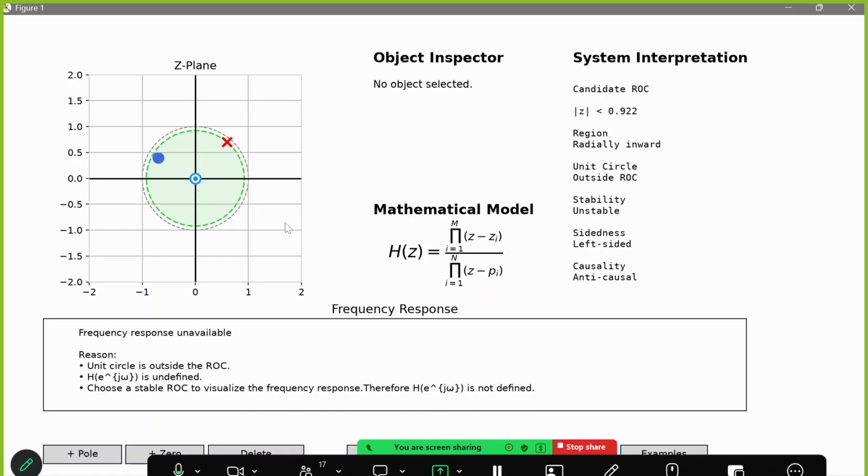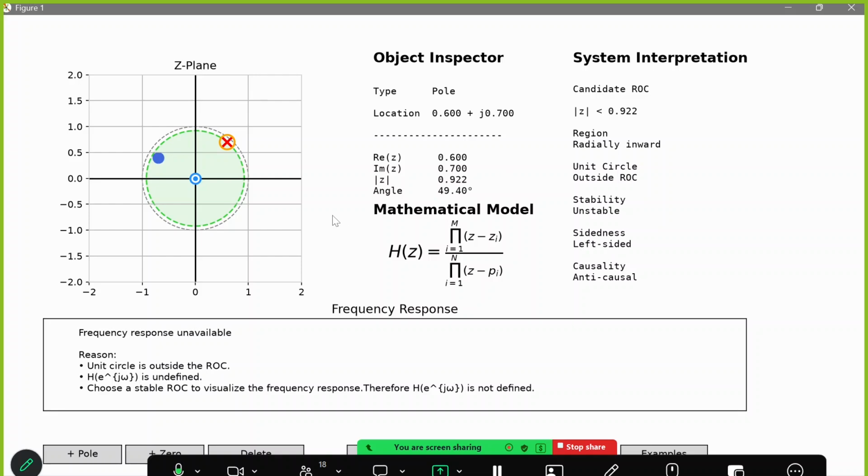As I mentioned in class, we also have this concept called ROC, which defines the values of z that will ensure that our Z transform actually converges. So it approaches a value, right? For example, if you're given this pole zero configuration, we have this zero here, and then a single pole here. There are two possible ROC, right? Either the ROC goes inward, like this one, z less than 0.922,